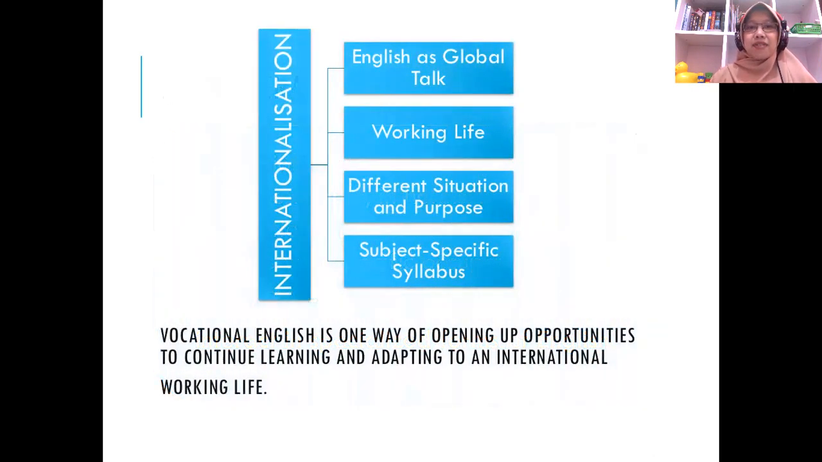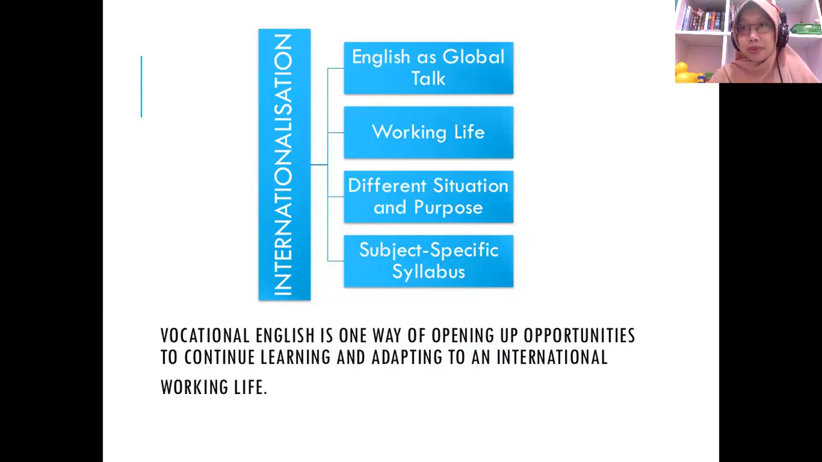So vocational English is a way of opening up opportunities to continue learning and adapting to an international work life. Because of internationalization, English has become a global talk. Not everyone, but English is widely used in the world. Also, it affects working life. Some companies require applicants or employees to have a good command of English, and it has